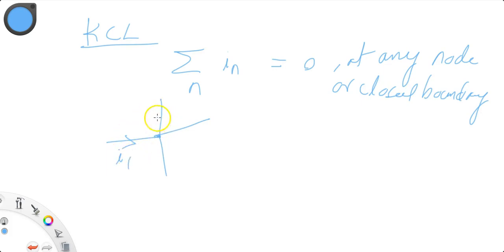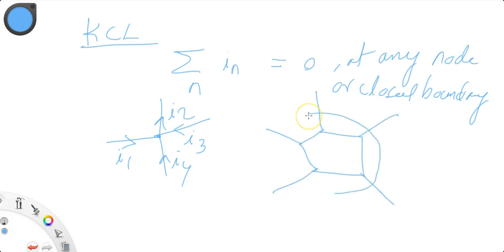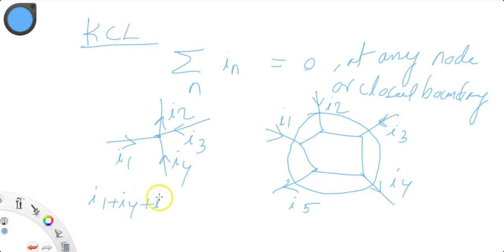This is current I1, current I2, I3, I4, and whatever the closed boundaries, something like this. This is called the closed boundary. You can take any directions, that is a sign. Once it is entering, I will take the positive sign and leaving, negative sign. So I1 plus I4 plus I3 minus I2 equal to 0 for this case,